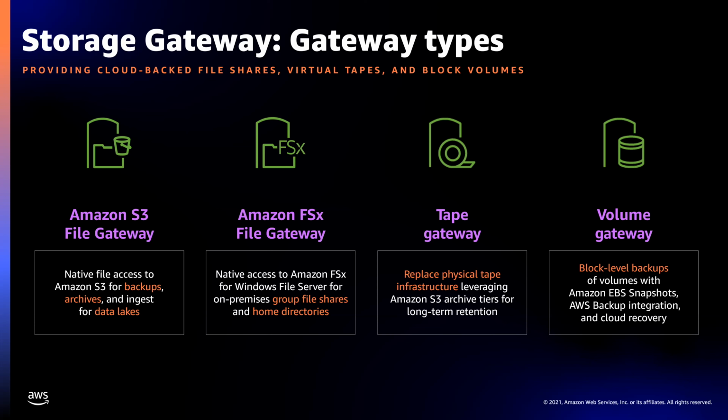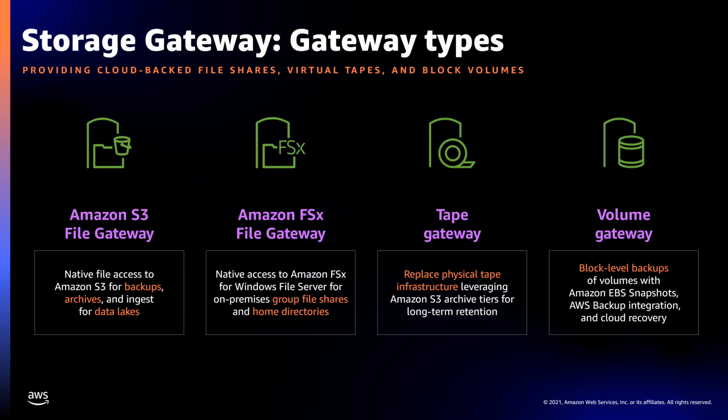The second one there you see is Amazon FSx File Gateway. So if you're looking for more of a native Windows file share experience, this is where you would go, because Amazon FSx File Gateway is actually communicating with a Windows FSx file server within the AWS cloud. And so it works very similar to the S3 File Gateway. The only difference is it's actually backed by a native Windows file share that's managed and hosted within the AWS cloud. Tape Gateway allows you to reduce your physical tape infrastructure on-prem. So this is, again, another virtual appliance that offers virtual tape libraries.